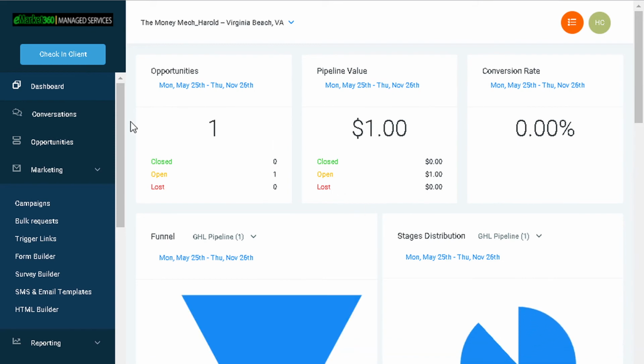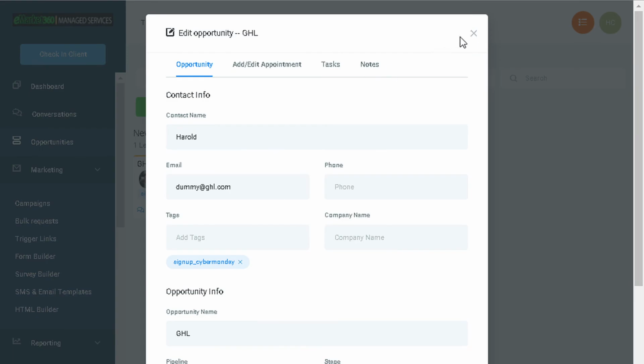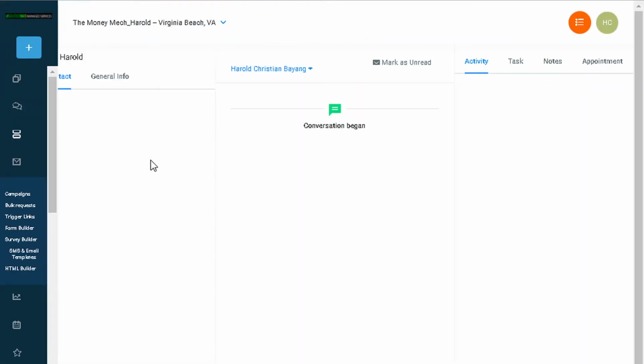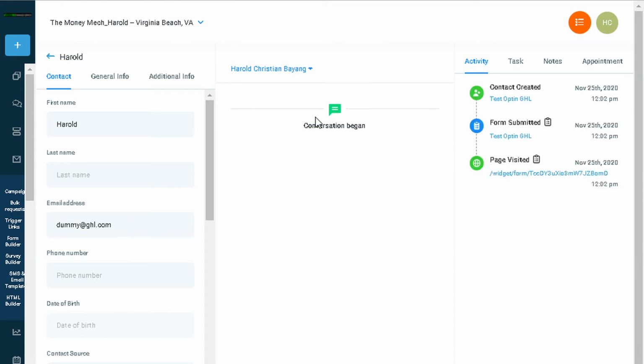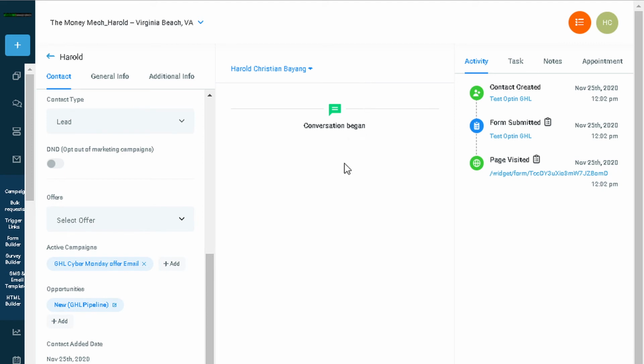And what else? So yeah, if you wanted to automatically move a specific record into the next stage of the pipeline, you need to create a trigger to update or add an opportunity for the record. Let's say for this one, if this guy, let's say you close this guy. You're talking to this guy,